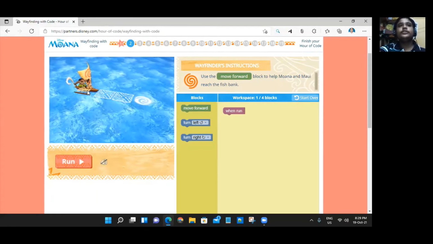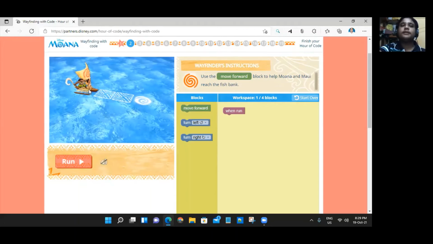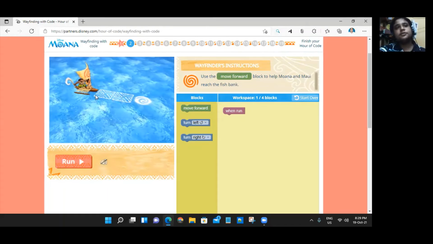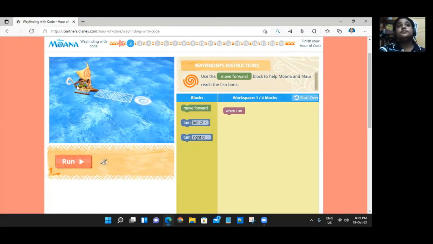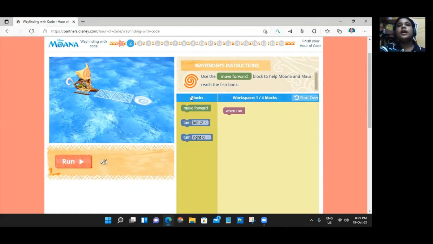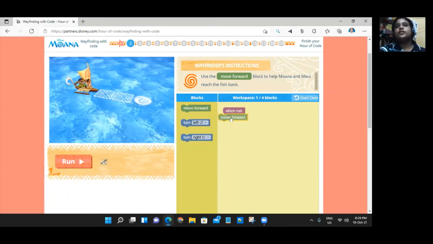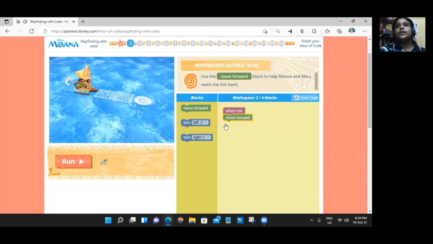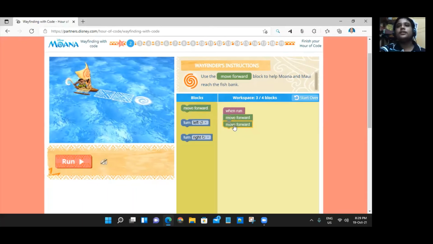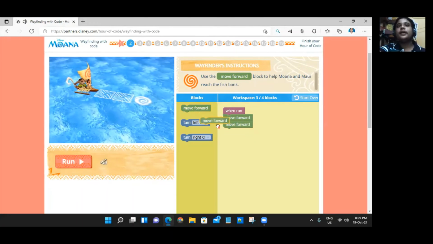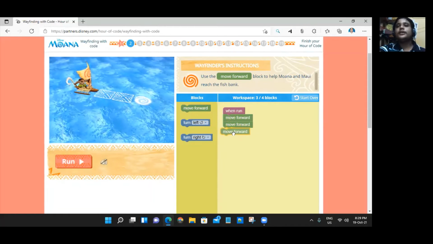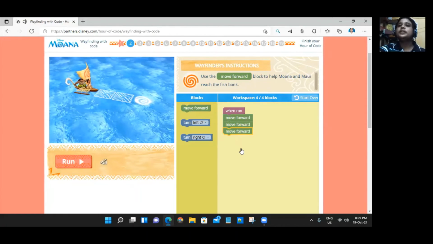If you move this boat one time, is that possible? No. Move this boat two times, is that possible? No. You move this boat three times, then it is possible. So I drag this move forward one time and drop here, and another move forward one more time and drop here, and another move forward, drag this block and drop in the workspace area.